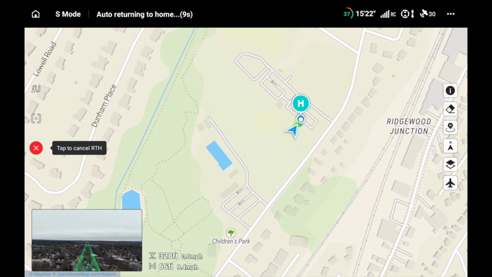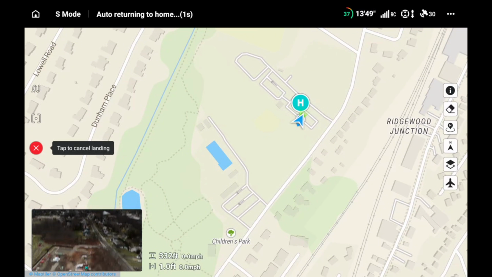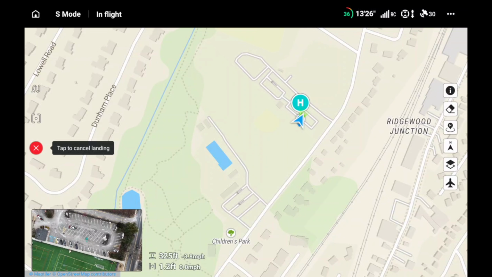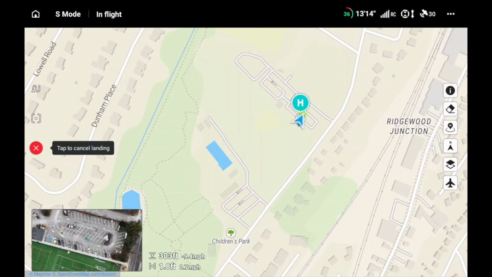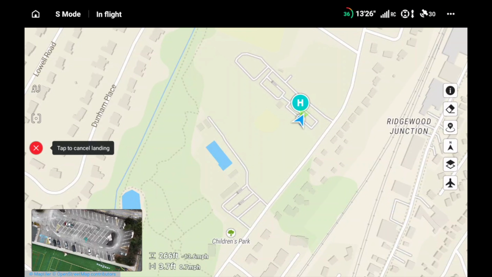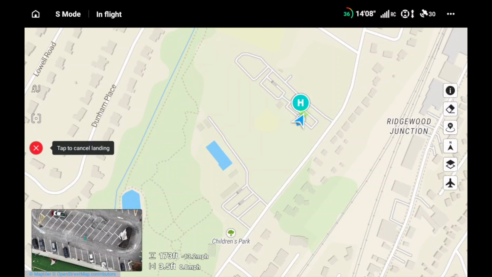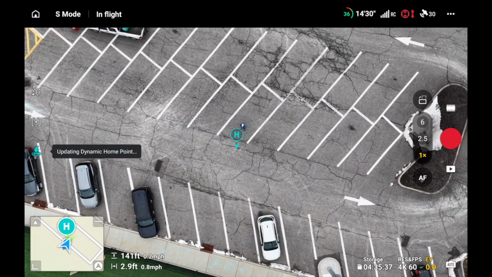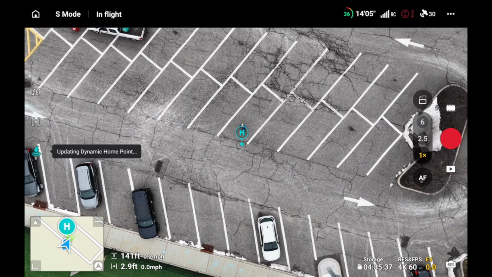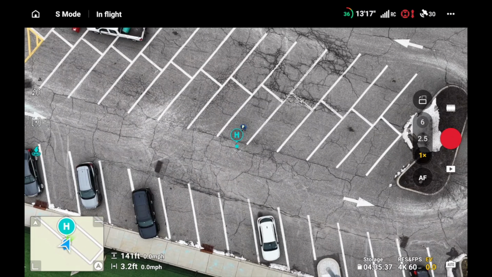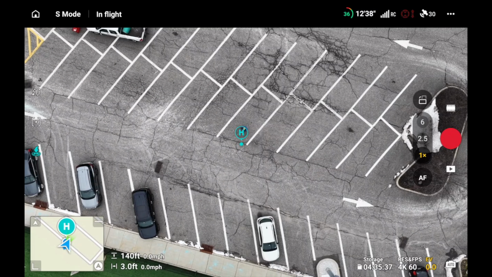So let's see. There I am. Oh, wow. So it literally is. You don't have to worry if you're in a parking lot, because remember, it's going to hover. Hopefully, right? And we don't have to cancel landing because it does that for you. It's gonna stop at 100 and something feet and then work its magic, and then it just stops. Wow, this is really cool. And if you don't have any depth perception, wow, I love it. I love dynamic. I think I'm going to leave it on dynamic, and